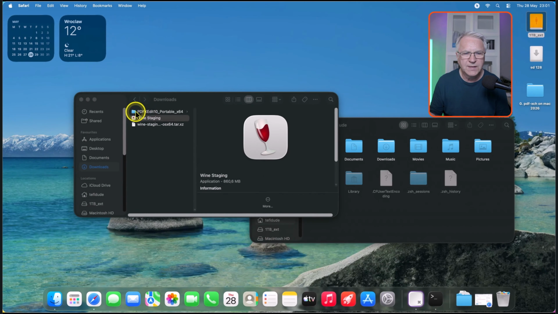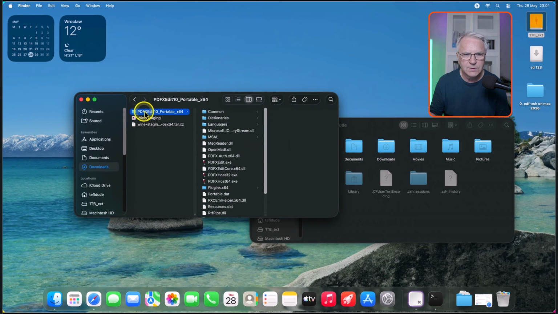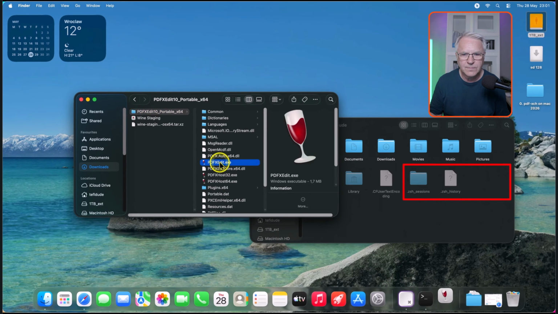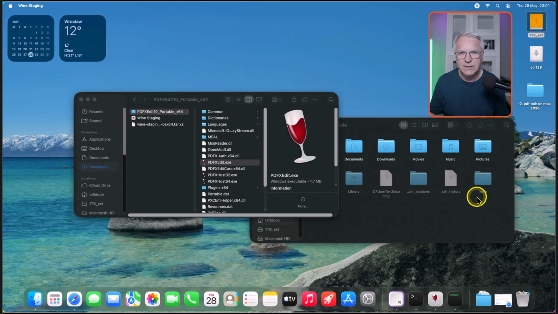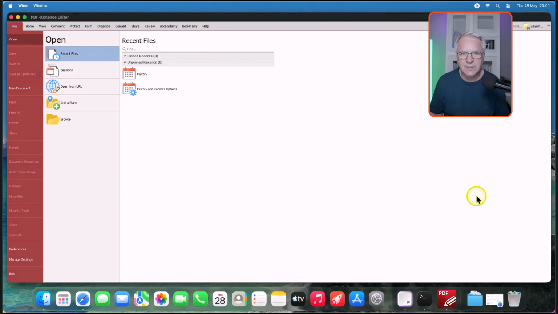Now, it downloaded the whole folder. So if I click on this folder, you'll see everything's there. I don't have to install anything because it's portable. I can just run it right now. But watch the wine folder be created. So I'm going to double click here. And there you go. Wine folder was created. Wait a minute, and then eventually the PDF will pop up,